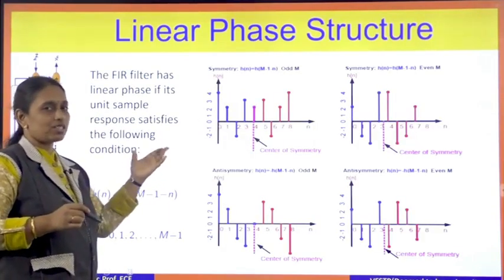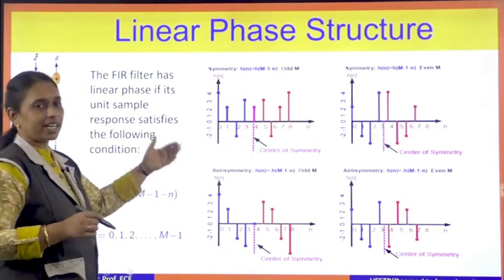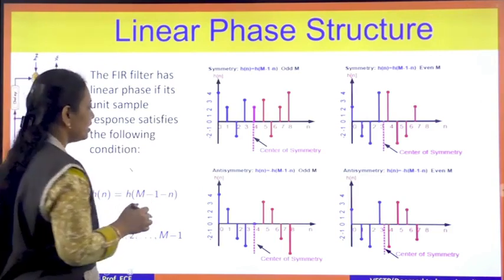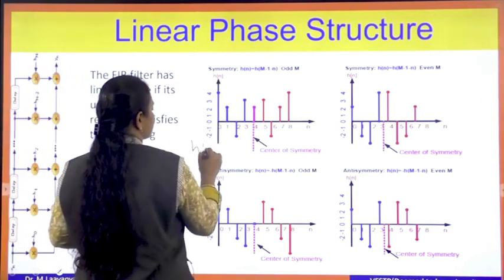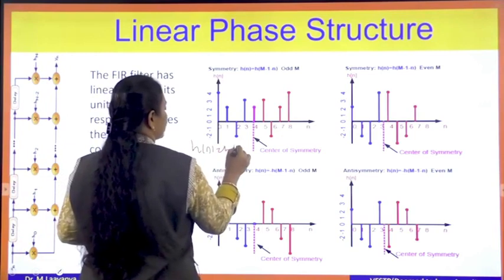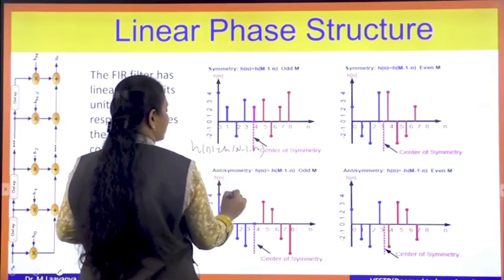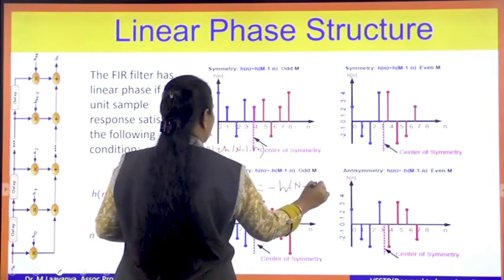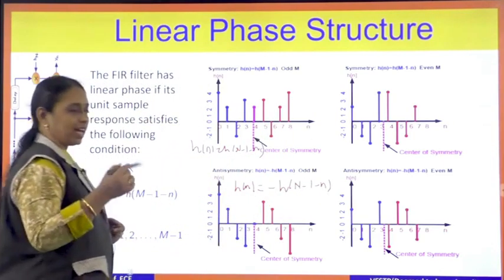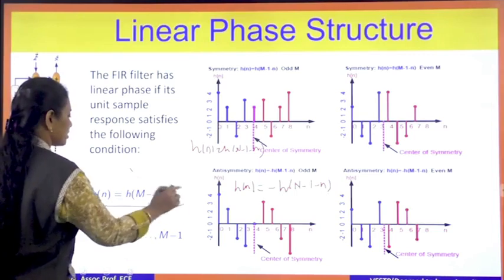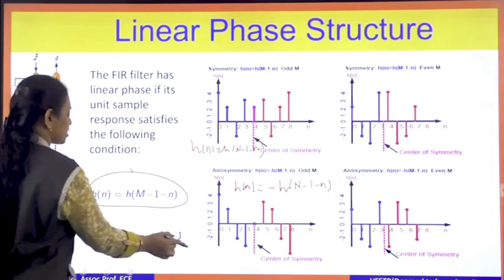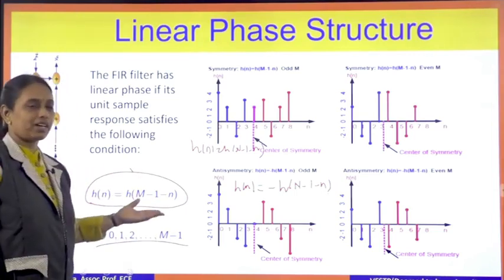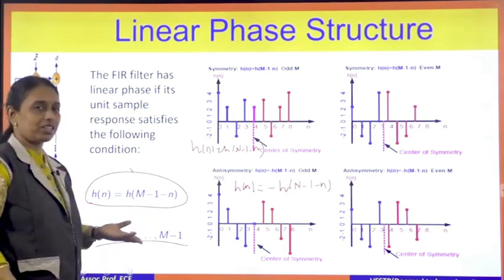Now you know what is symmetric linear phase. Anyway, symmetric and antisymmetric have been displayed here. Here h of n is equal to h of N minus 1 minus n, and for this, h of n is equal to minus h of N minus 1 minus n. And already I told you this is my symmetrical impulse response condition, and it is varying from 0 to N minus 1 or M minus 1, whatever it may be.